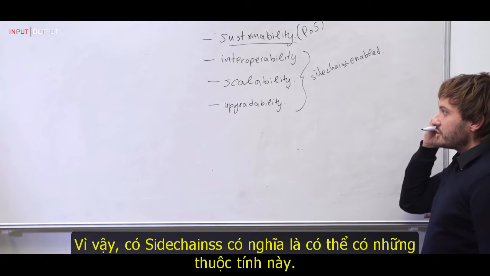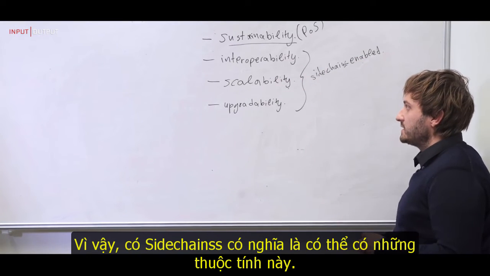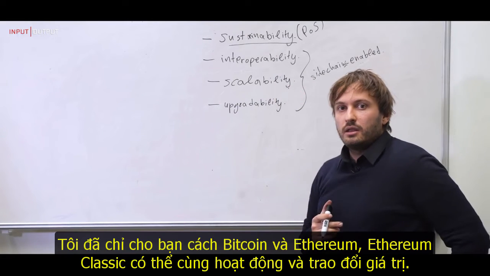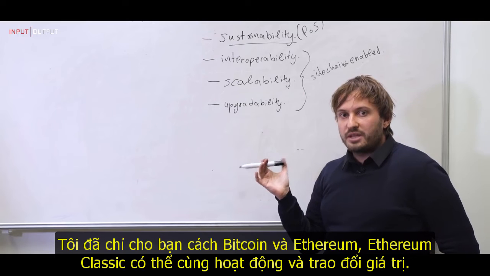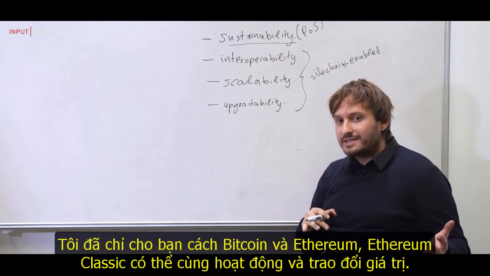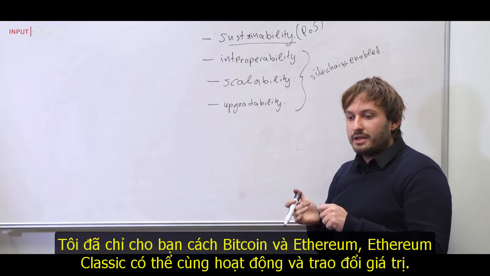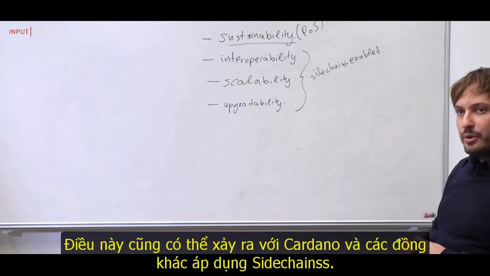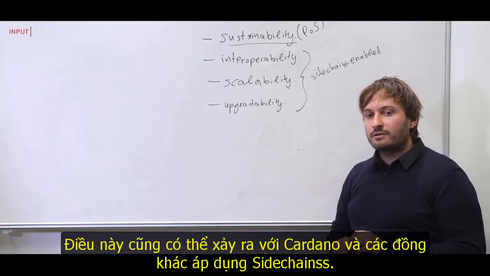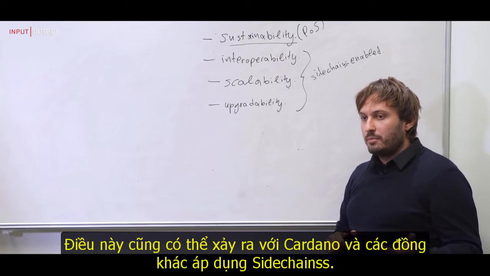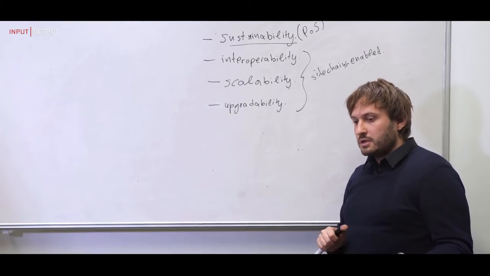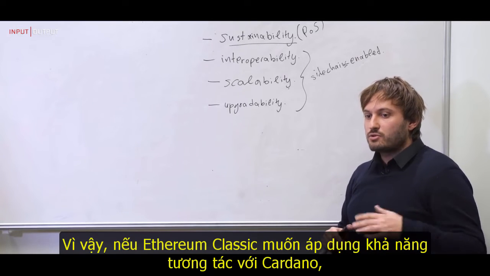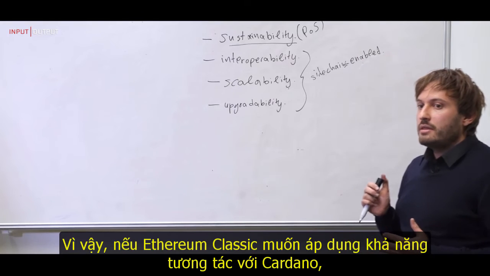So having sidechains means that we can have these properties. Let's talk first about interoperability. Now, I've already shown you how Bitcoin and Ethereum or Ethereum Classic could work together and have value exchanged between them. This is something that could happen as well with Cardano and other coins that are willing to adopt the sidechain features. So if Ethereum Classic wanted to adopt the ability to interoperate with Cardano, then that means that we